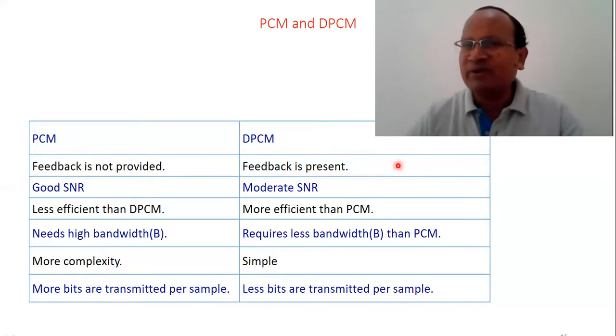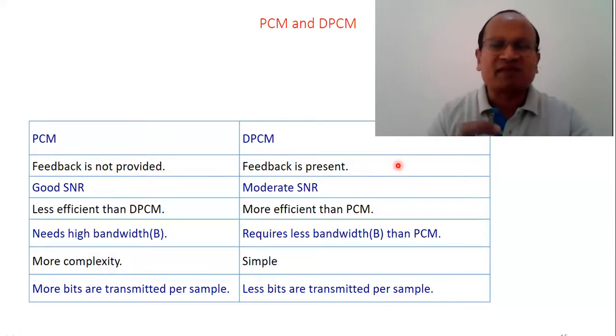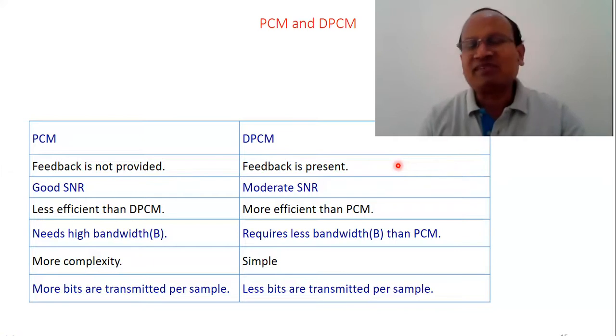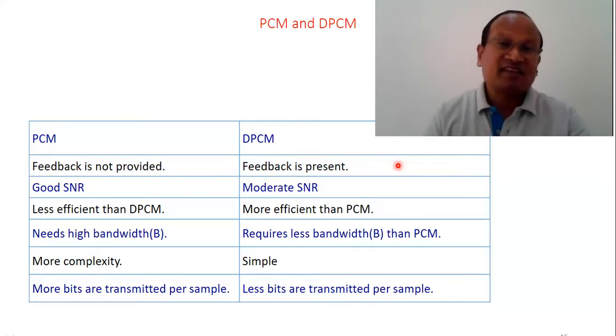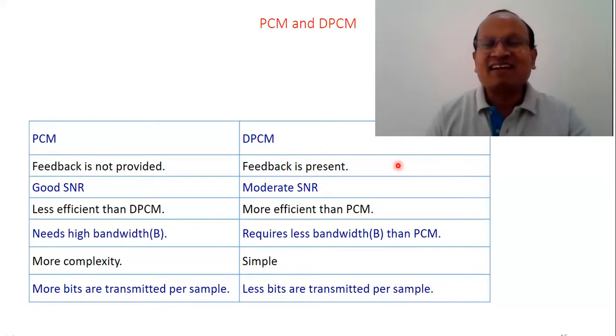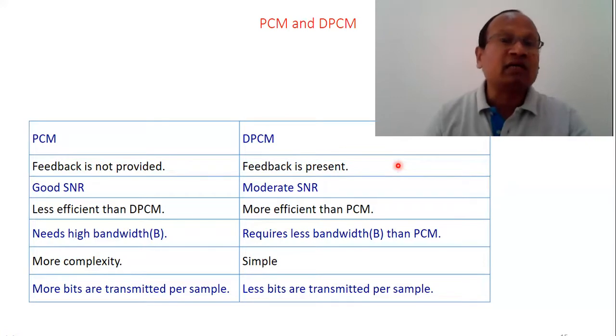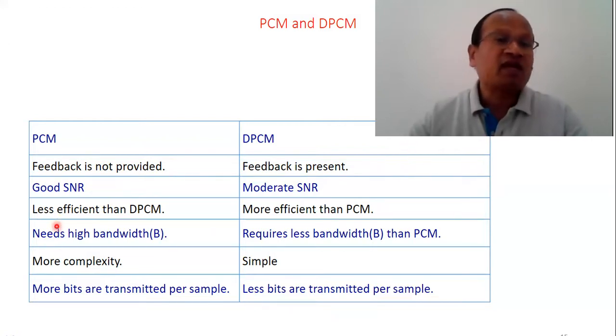But in DPCM, what do we do? Rather than quantizing and encoding all the samples, we quantize and encode the difference between the consecutive samples. It means there is some approximation. Quantization itself has introduced the approximation, but before quantization, we are re-approximating the signal. So there are 2 approximation processes involved. Therefore, that could incur some loss of signal, and SNR is therefore less than that of PCM.